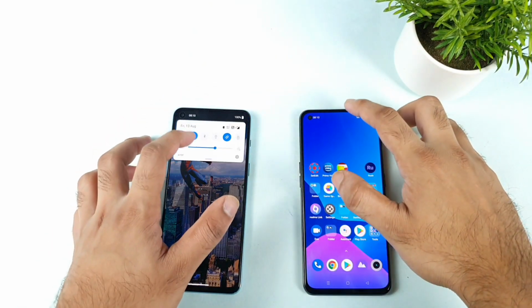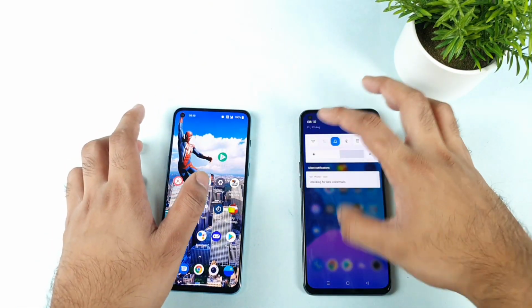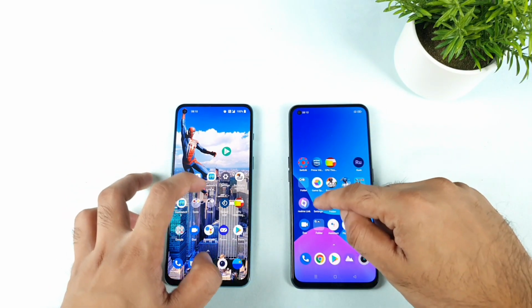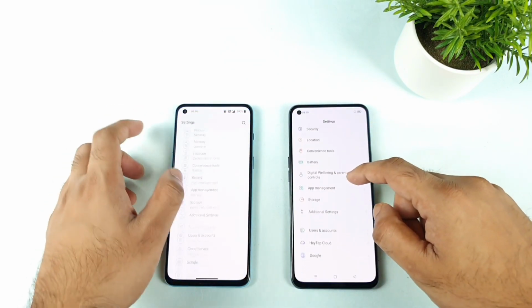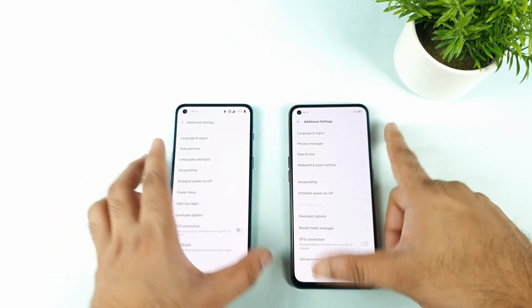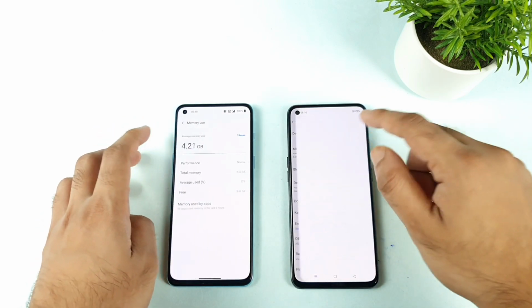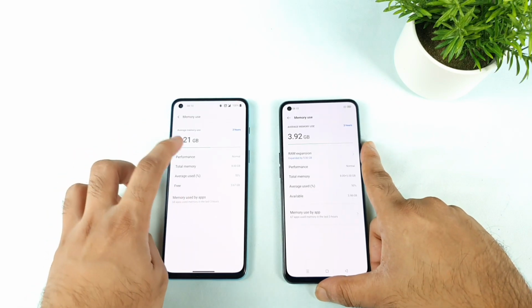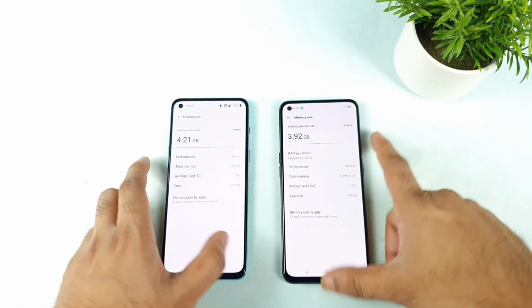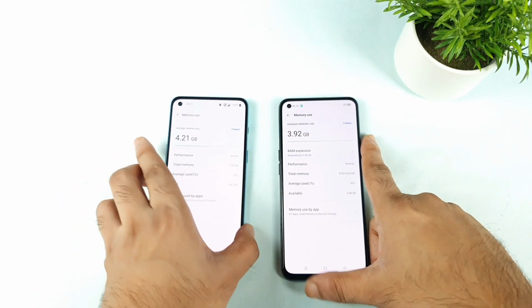Right now both phones are completely done restarting. I'm clearing the Wi-Fi and all the connections, and now let's go to the same developer options and the memory segment. It shows 4.21 GB and 3.92 GB, so it slightly improved on the OnePlus Nord 2 after the restart.